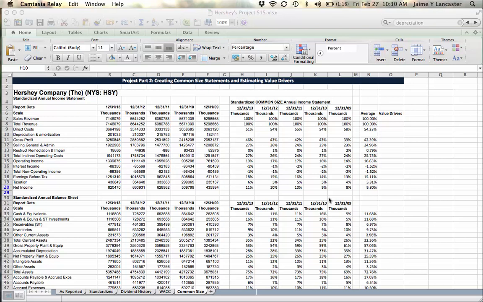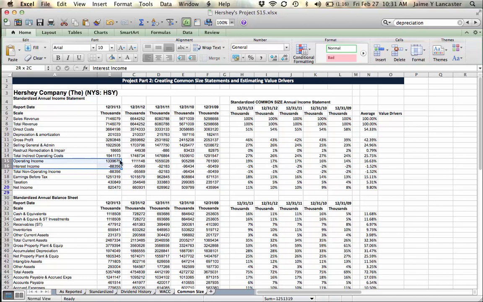Hi there. So in this tutorial we're going to deal with interest income. Interest income here, it's written as a negative number. That means it's actually a net expense. However, you'll notice when you're working through Chapter 7 that in Chapter 7 they have you forecast the interest that